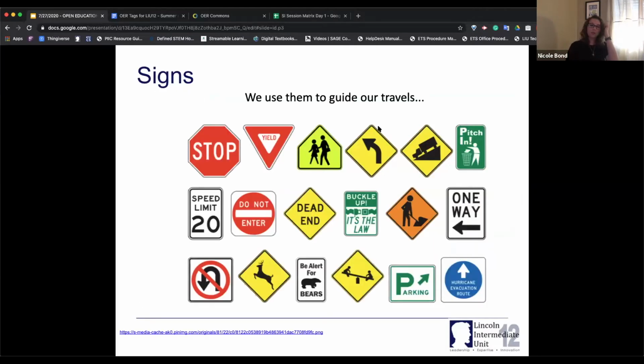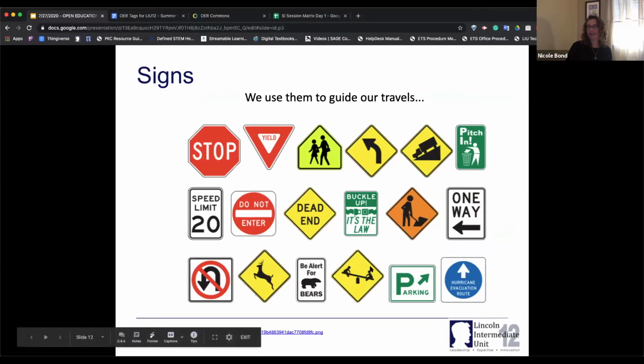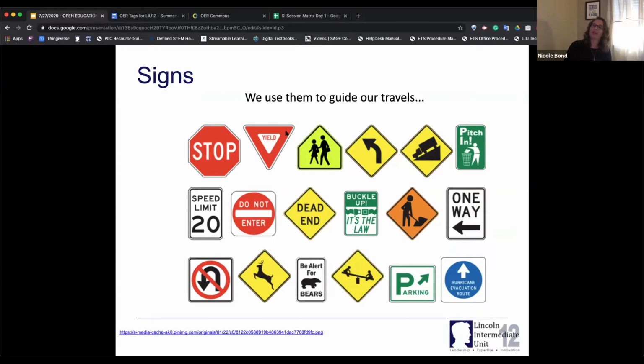So one of the things we use to determine how we use a resource in OER is something that's like a sign. So typically when we see a sign, we know what they mean. They represent something. So we know dead end means that this road will stop. At some point, we will probably have to turn around, pull a K-turn or what have you. We know that this one down here is signifying that there's a playground that's present. And this one over here signifies that there is going to be a crossing of people.